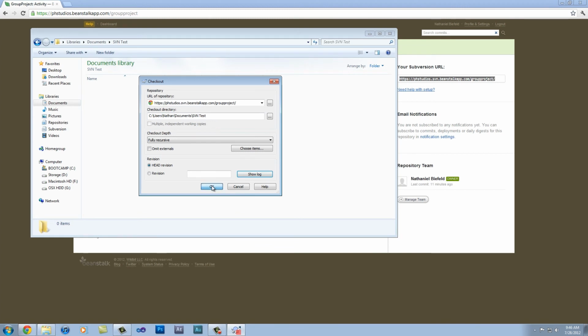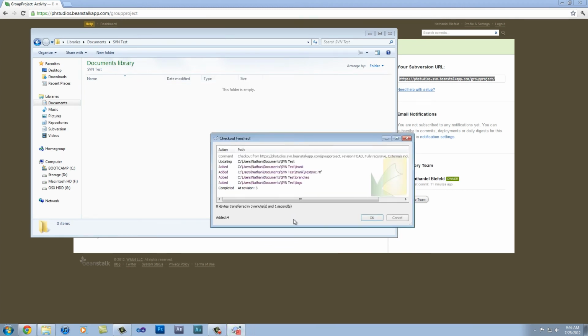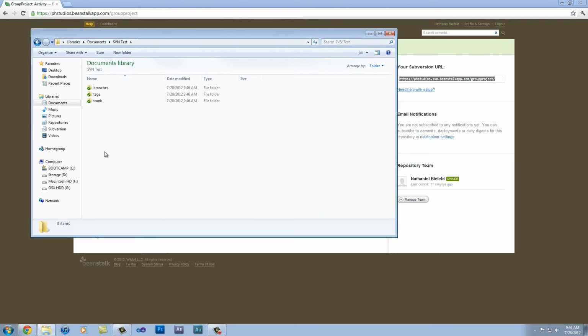So I'm going to go ahead and click OK and check this out. And then once it's done, I'll click OK. It says the amount of data transferred in, the amount of minutes and seconds, and what was added, modified, and deleted. And now it gives us those 3 folders, and it gives us a green check mark. So if I open this,